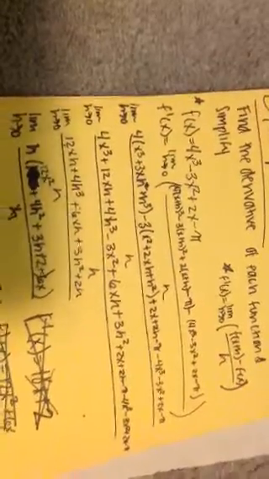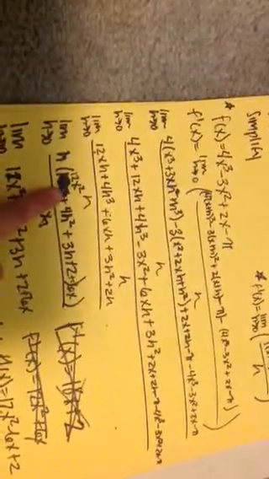So we can combine like terms, and so we're going to be left with 12x squared h plus 12xh squared plus 4h cubed minus 6xh minus 3h squared plus 2h. And then we are going to try and get h by itself, or